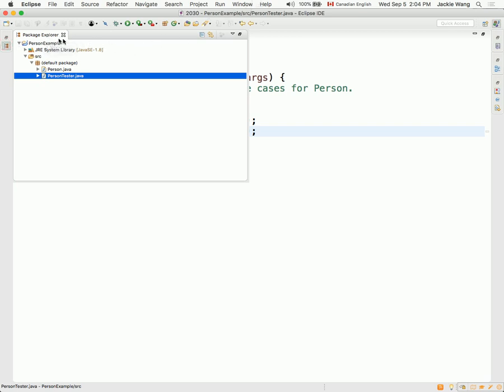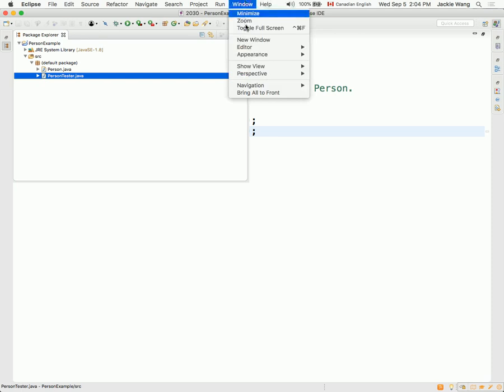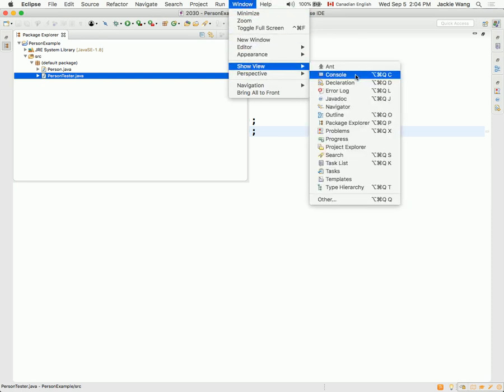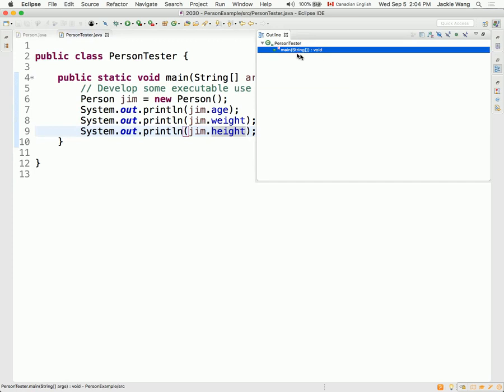If you couldn't find a Package Explorer, or you want to show more views, you should always go to Window and Show View over here. So here we've got Console, which will be the output for our tester. And also we've got something called Outline. If you choose Outline, it simply shows you the structure of your current class, which is also very